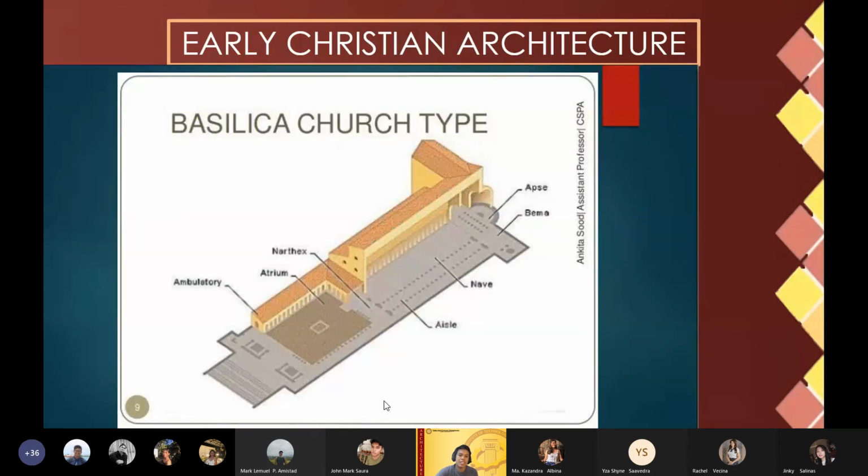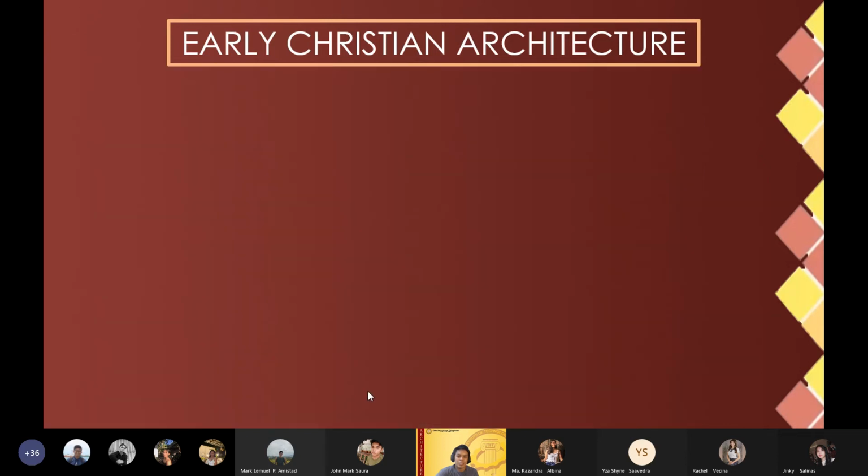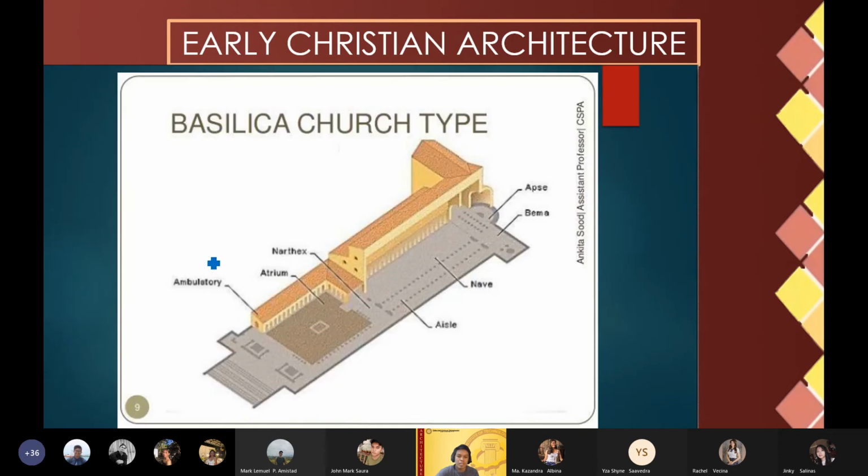So I think we have seen this before. We have already discussed the apse, bema, we all know nave, aisle, narthex, we all know narthex, atrium. How about this one? Ambulatory. So this one, for a bigger basilica, the path you take going to the narthex, that's what you call ambulatory,